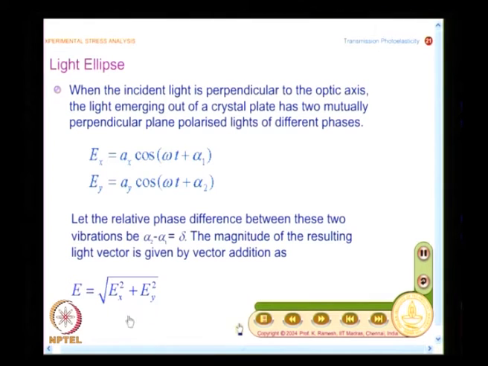they are mutually perpendicular. It is not like when I go to a pond and drop two pebbles, where both waves are in the same plane. Here the waves are mutually perpendicular and travel with different phase. They acquire a phase retardation when they come out of the crystal. When it comes out of the crystal, you see the interaction of the two, and the polarization behavior changes. That is what we are going to look at.